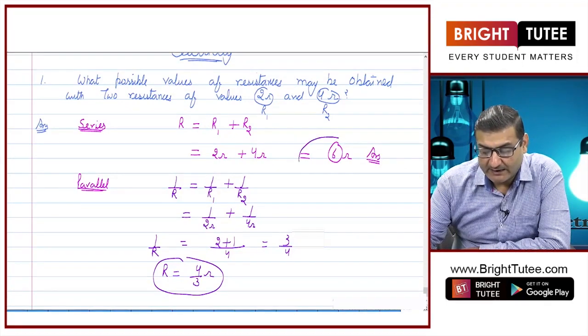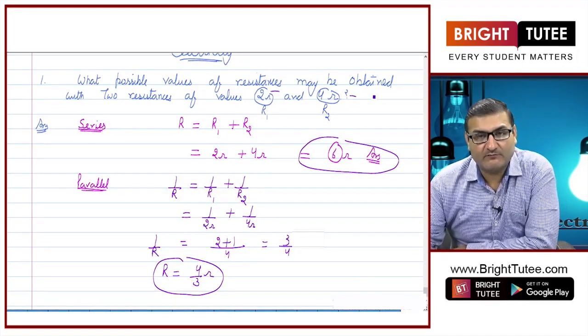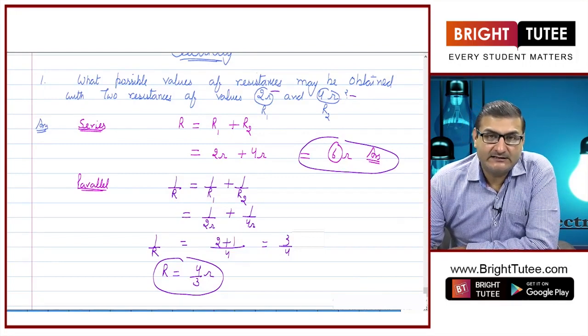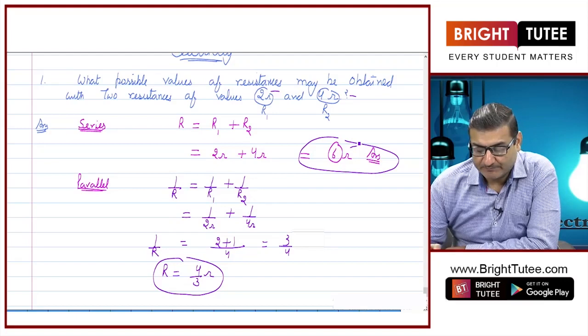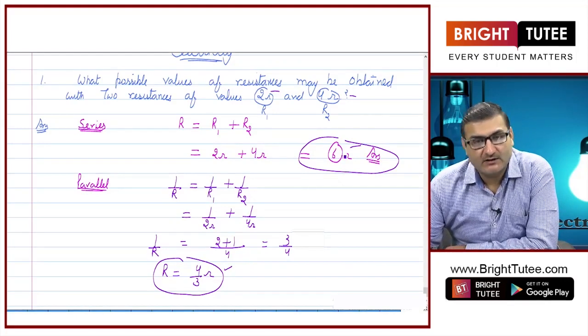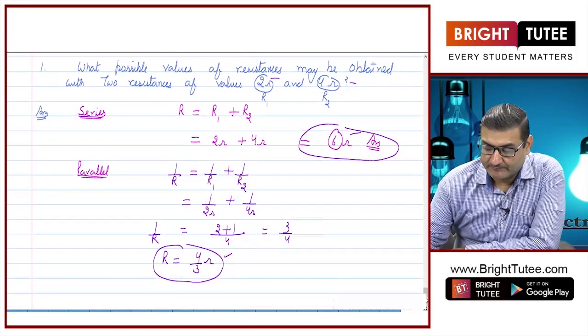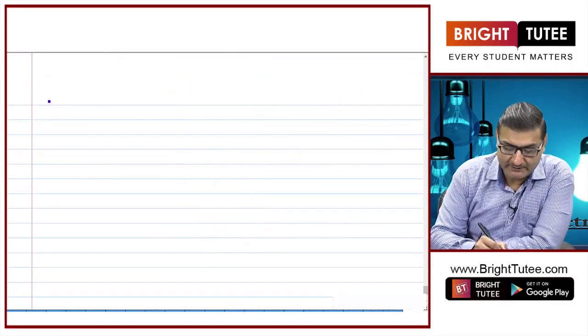So, if I am given two resistances of 2 ohm and 4 ohm, I can get these two resultant resistances of 6 ohms and 4 by 3 ohms, connecting them in series or in parallel respectively. Understood? Now, the second question which may come may be,